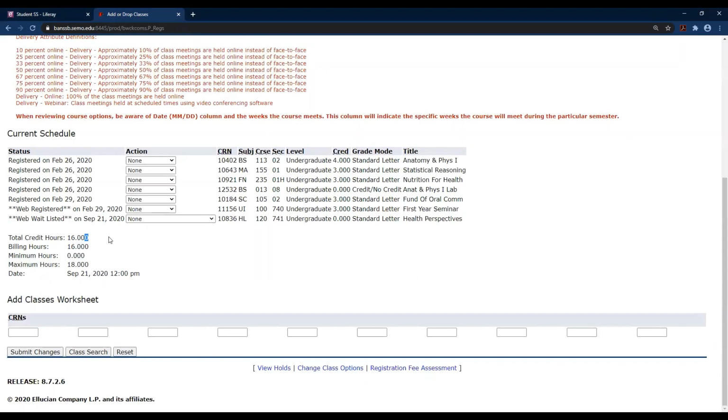Let's say, for example, it's over the summer, and I've enrolled in my classes for the fall semester. I could potentially get an email from the department that's saying, hey, we opened up courses, you are eligible to be in this class, would you like to join? That's saying that I can get off the waitlist and I can enroll in the class. However, you have 48 hours from the time that the email was sent from the sender to enroll in the course. So if I get an email and I don't check it until 3 days later, I'm not going to be able to enroll in that course. But if you do, you'll go back here and you'll action,